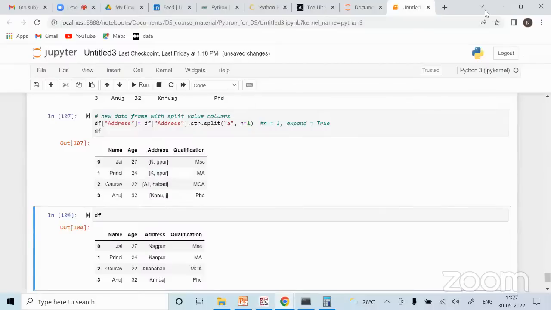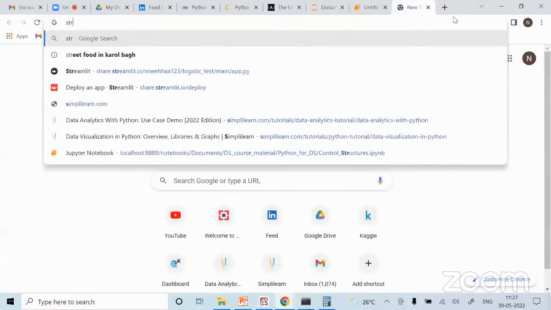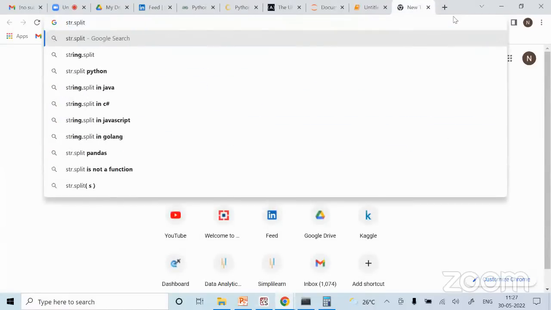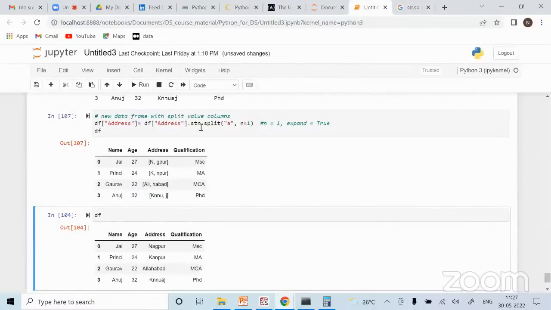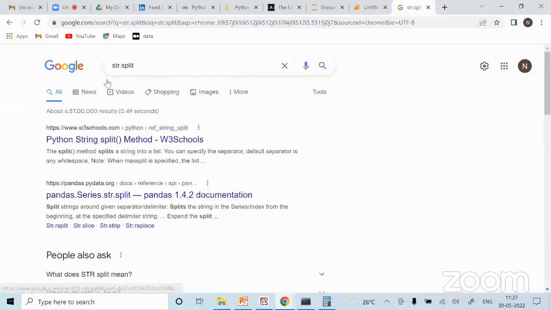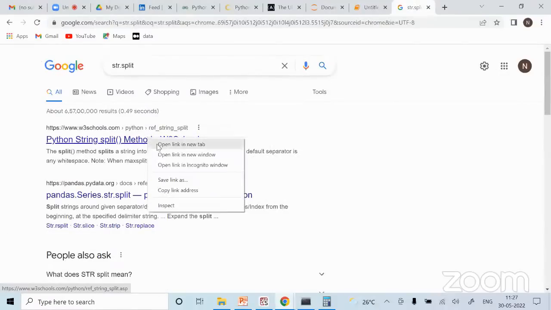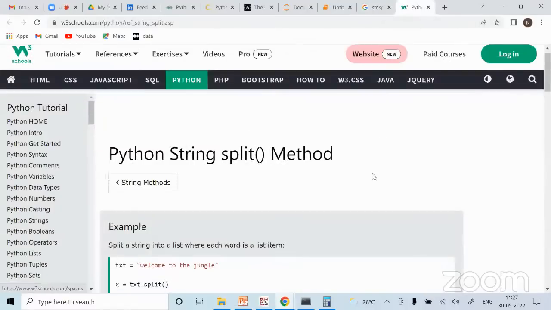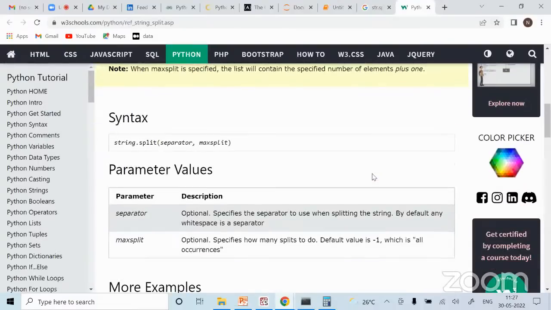Okay. For that, we can search str.split also and read its documentation. Or I could have read it from here only. On str split, I have to press shift tab. So shift tab opens the help. Sometimes it may take some time, so you can wait. Or if it is not opening, you already have Google. You can search str split and you will find it already.